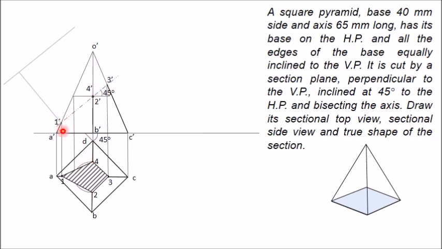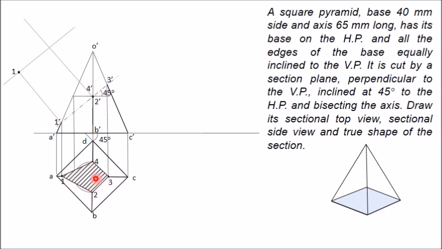Now this one is on this line itself, so for this point you don't need to measure anything. This point will be 1. This is your point 1, and similarly you can get 2 and 4. So draw a line perpendicular to this line. In this you will get 2 and 4. Just measure the distance of 4 and 2 from this horizontal line.